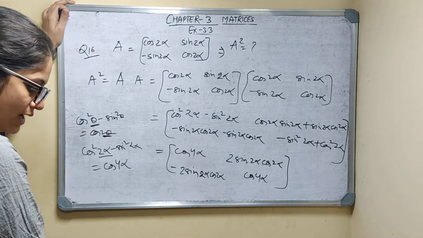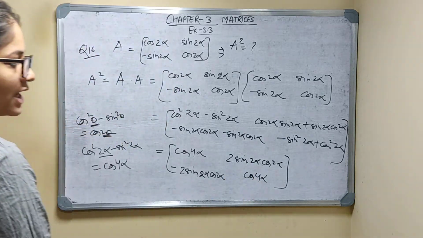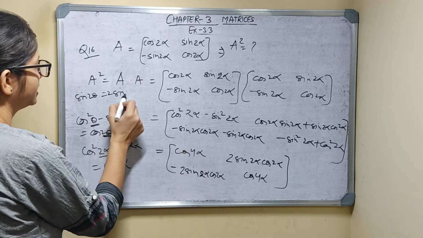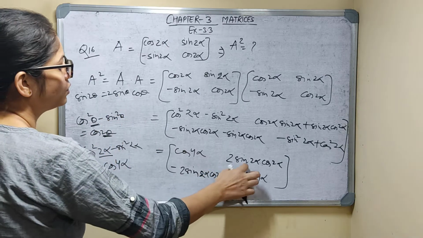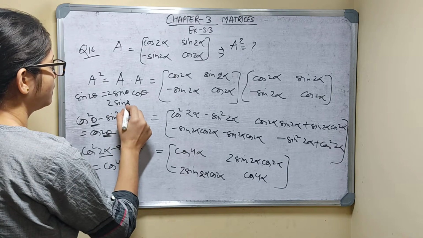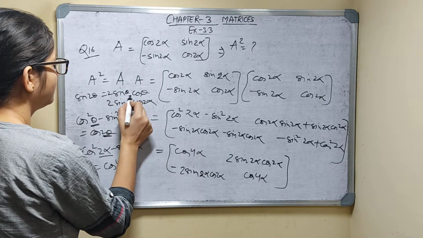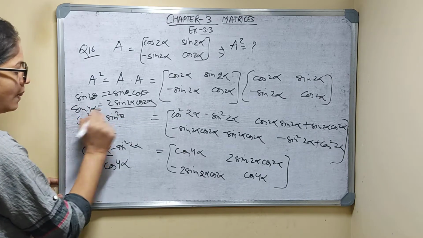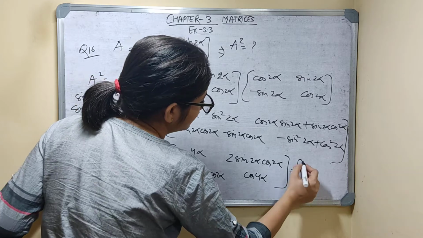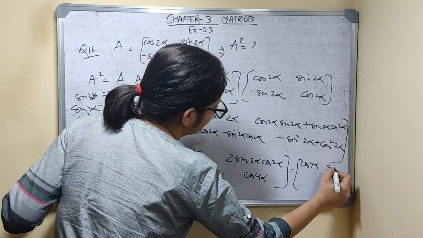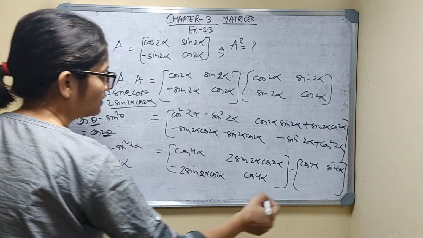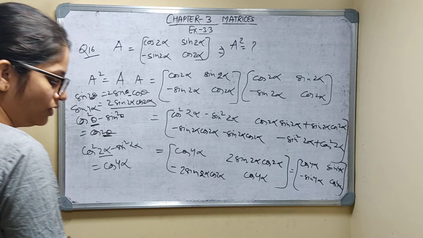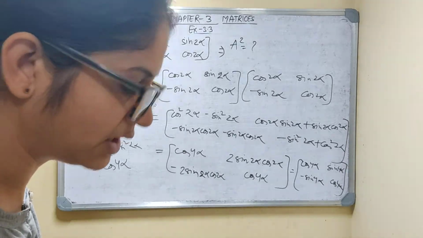This is cos 4 alpha, and this is what? 2 sin theta cos theta. You see, sin 2 theta is 2 sin theta cos theta. If it is 2 sin 2 alpha cos 2 alpha, here it is theta, then it is double. So 2 sin 2 alpha cos 2 alpha will be sin 4 alpha. So I can write this is cos 4 alpha, sin 4 alpha. This is minus sin 4 alpha, and this is cos 4 alpha. Like this you have to solve. Is it clear? This is 16th first part.